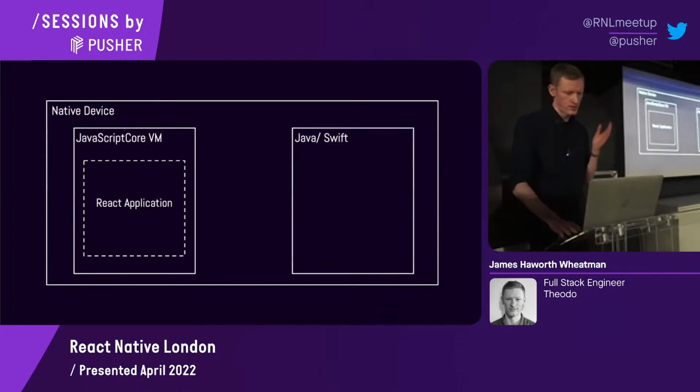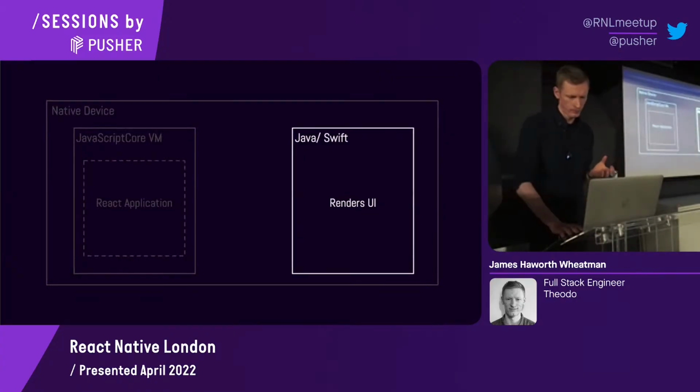And then you have the second side of things, which is the native project. So this is in Java or Kotlin, and for iOS, it'll be Swift or Objective-C. And that, along with the help of the React Native library, deals with the rendering of the UI. So just to zoom in a bit on the native side of things,